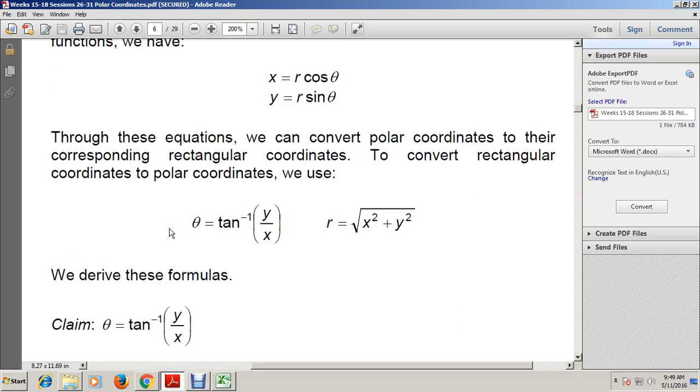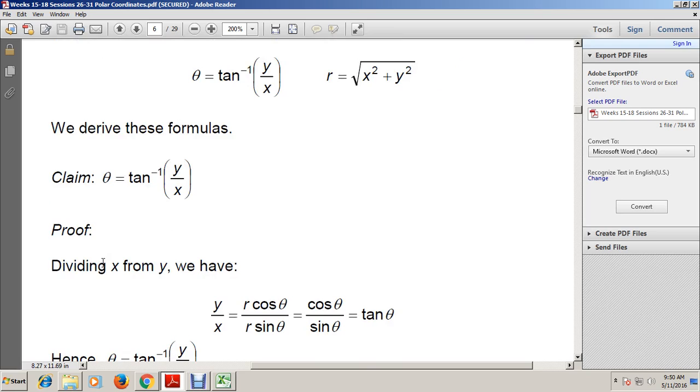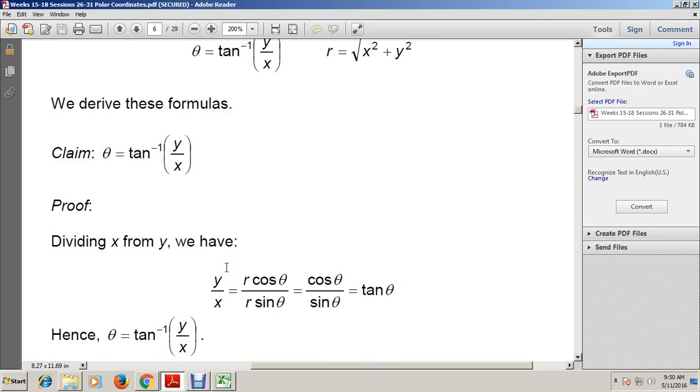If you're going to compute for theta, tangent theta is simply y over x, where y is equal to r sine theta and x is equal to r cosine theta. So therefore, tangent theta is sine theta over cosine theta. Dividing y by x, we have y over x is equal to